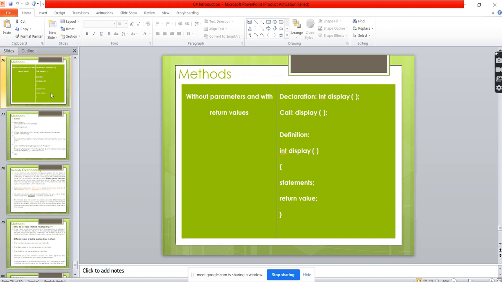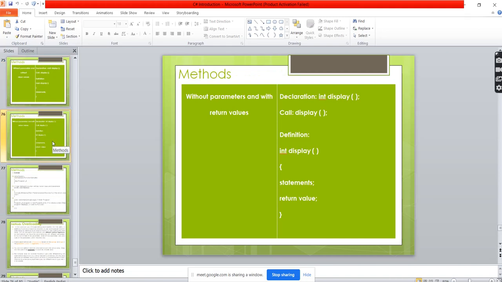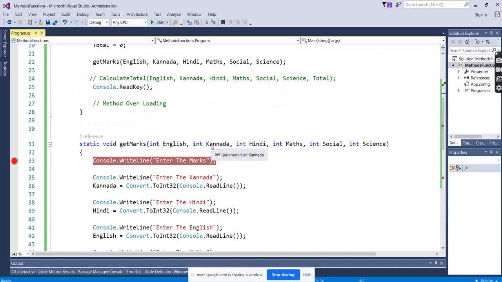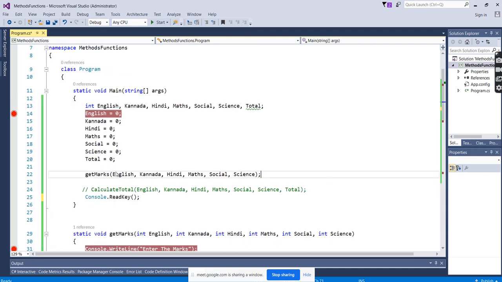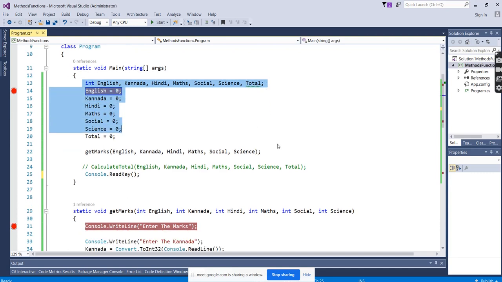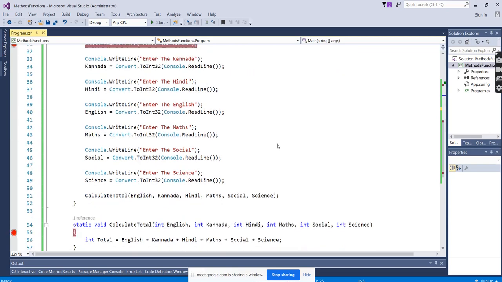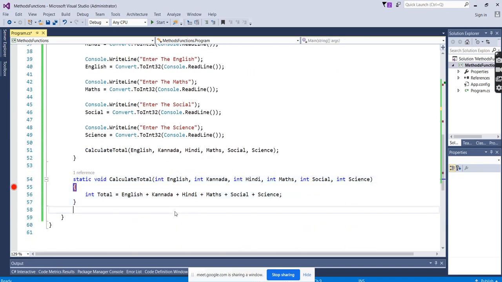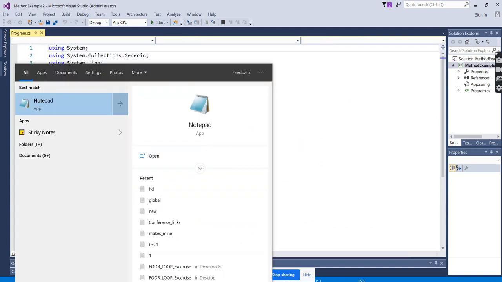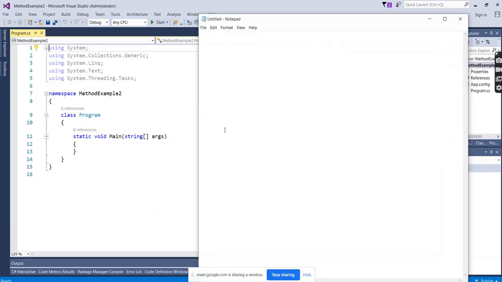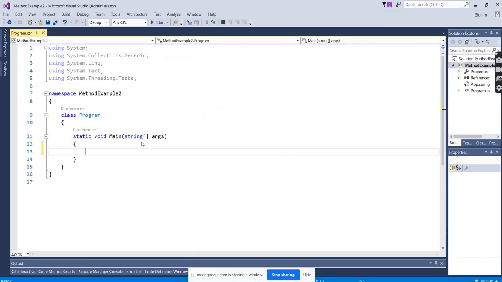Overloading. Just will start. This is a previous class example, the previous session example of what we did for calculating the total. We took the variables, assigned the default values, and did the calculation in the previous session. Here we did the calculations. This we take the backup. In the previous class we hard coded the values and passed them.